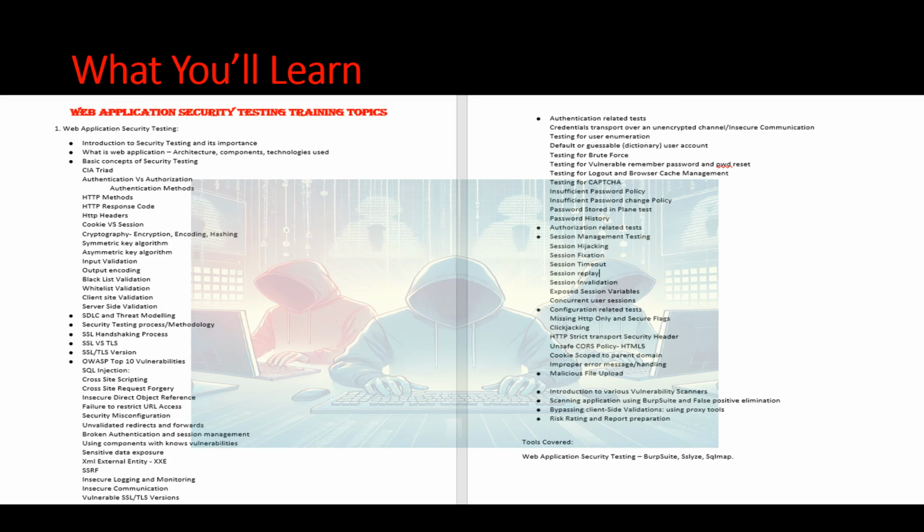What you will learn from this course? In this course, you will master everything that an application security engineer requires to protect their organizational assets. We'll start from very basic things like what is a web application architecture, web application components, and the technologies used to build the web application. And then we'll try to understand the basic concepts of security like confidentiality, integrity, availability. We'll understand what is authentication, what is authorization, what is the difference between these two, what is an HTTP request, how an HTTP response will look like, what are the different HTTP methods, what is